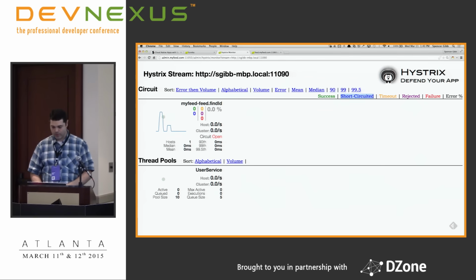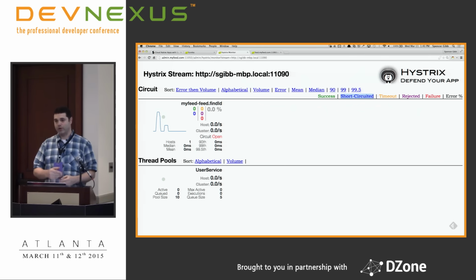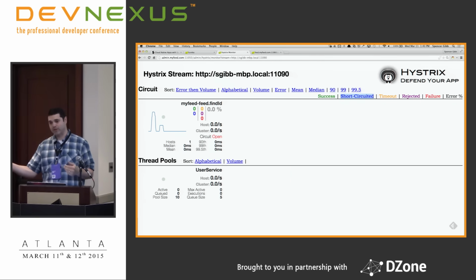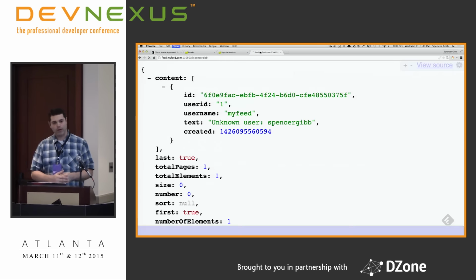Does it do any toggling at all when the backend services are up? So you can configure response time with a Hystrix circuit, so you can tell it, fail if a request takes longer than this time. So you could do that kind of thing for throttling. There's various ways to configure Hystrix. They have a great wiki, and you can see all the little ways you can tweak it.